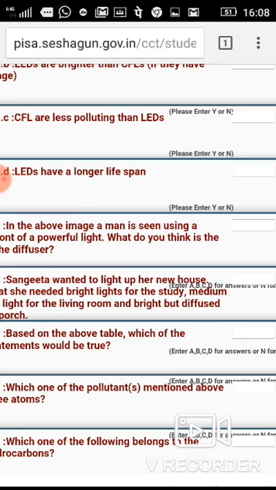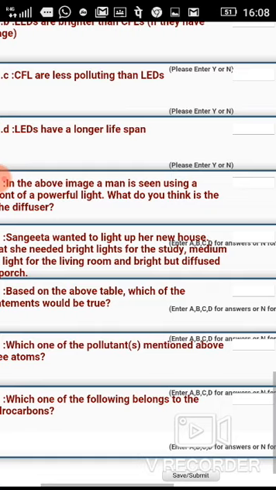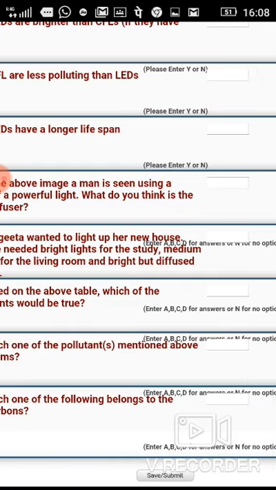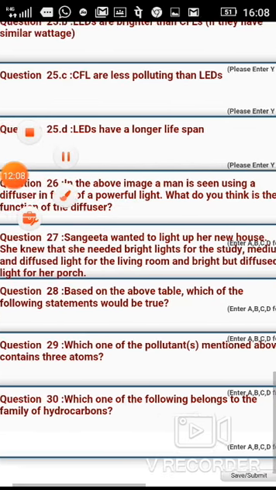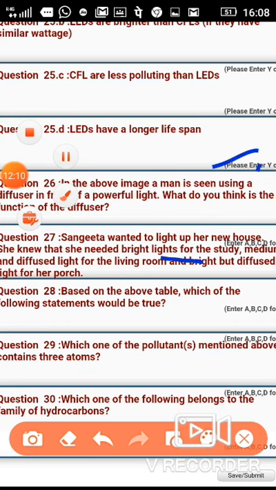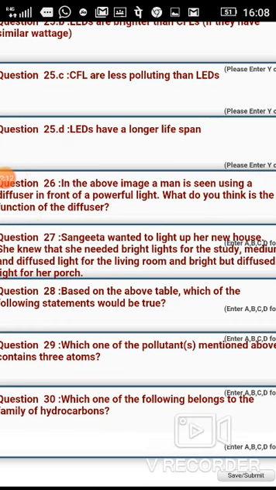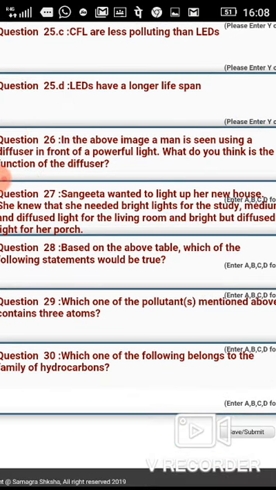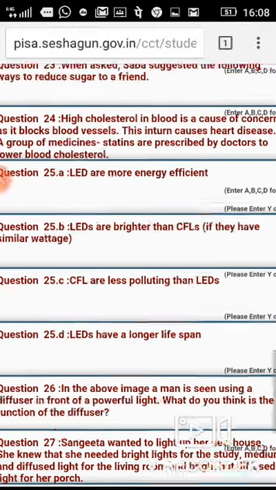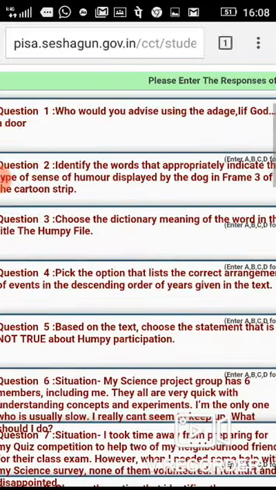Okay, and one more thing, please enter correct options against each question as per the given codes. For example, these are the codes, enter A, B, C, D, and for no option you type N. And in question number 25 you have to enter Y or N, meaning yes or no. Then attempt all 30 questions, don't skip any questions, and then you save it. Okay, so this is the step.